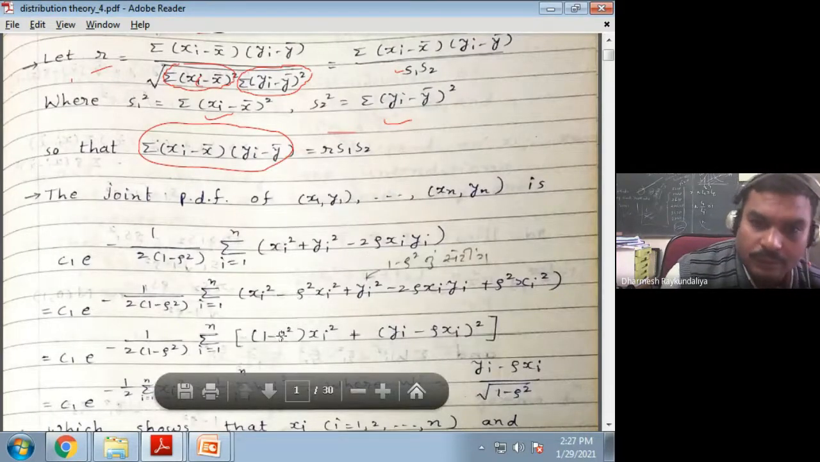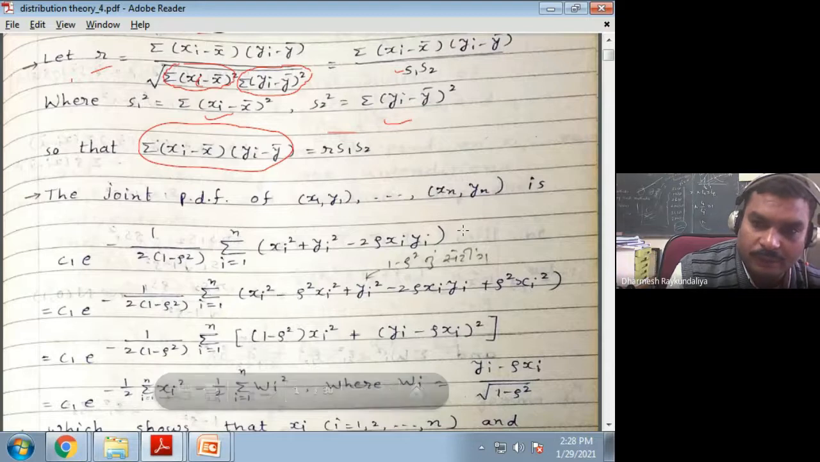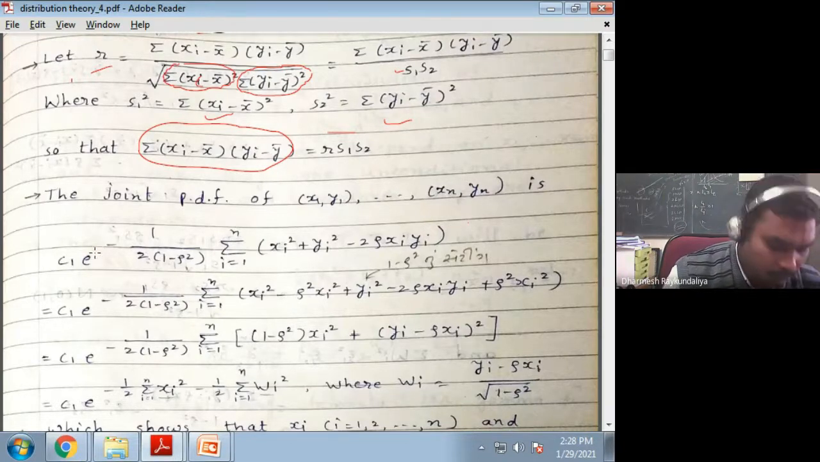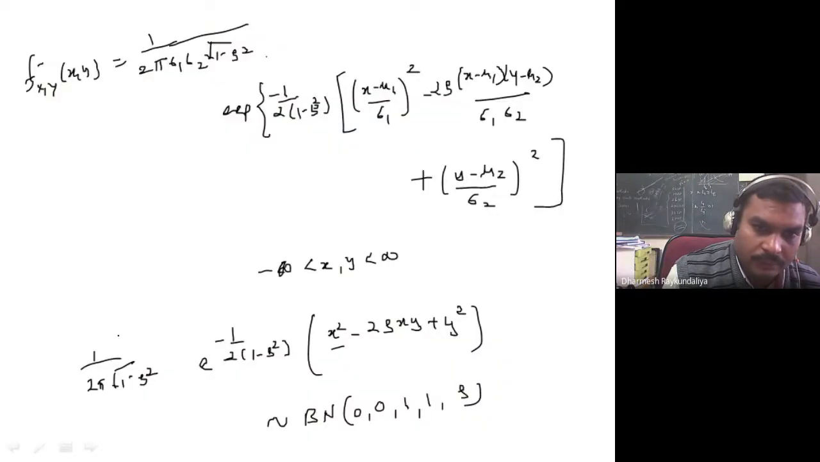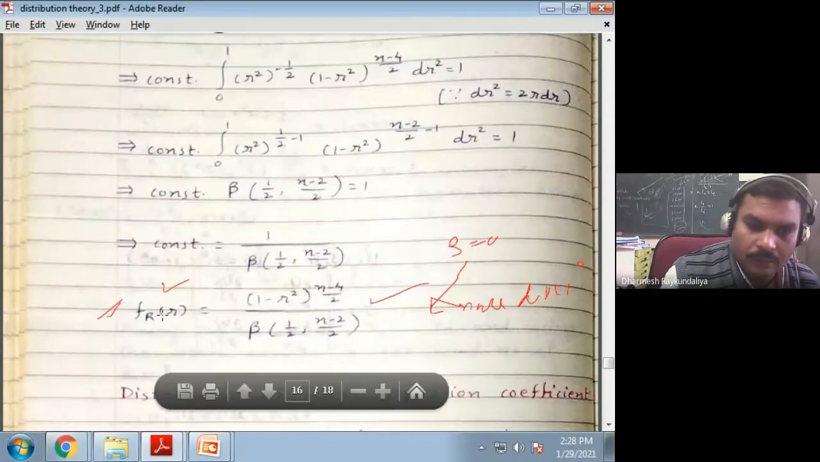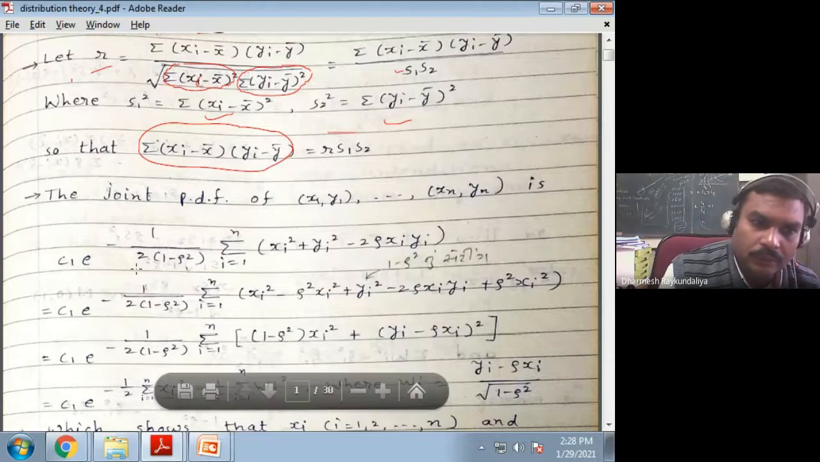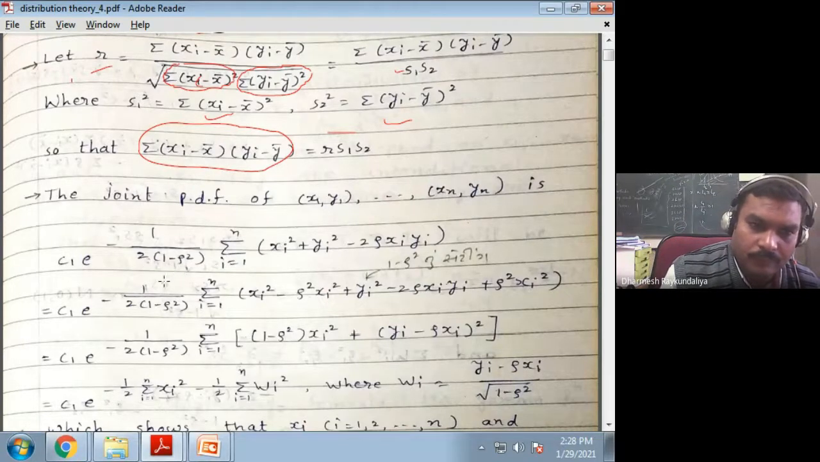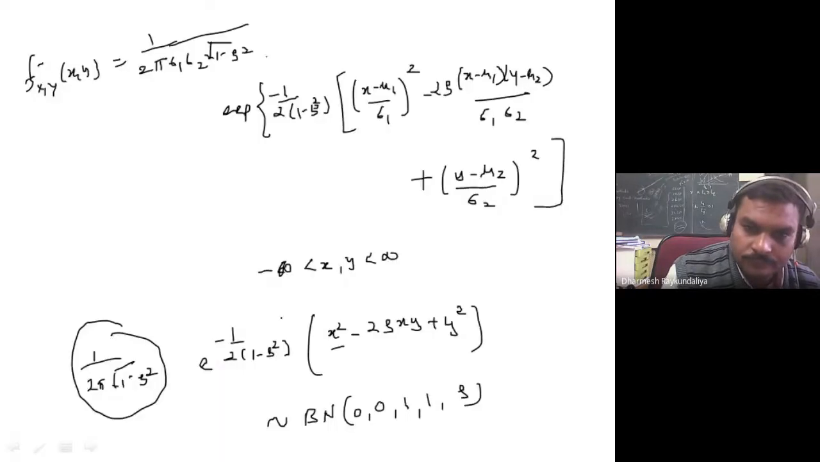so this is what is written, the joint PDF of the bivariate, and here I have written C1, which is a constant. What is C1? C1 is nothing but 1 upon 2 pi root 1 minus rho square, which I have kept as a constant. Then I write e raised to minus 1 upon 2 (1 minus rho square) summation of (xi square plus yi square minus 2 rho xi yi). Here I have written only 1, and here I have given the summation